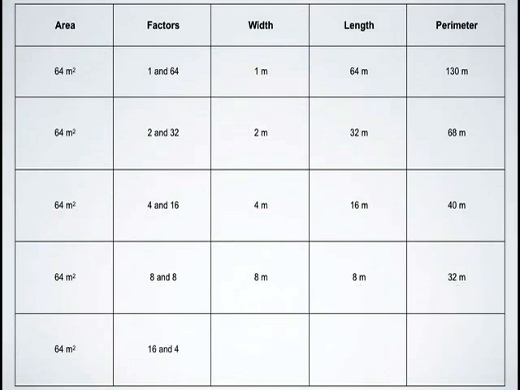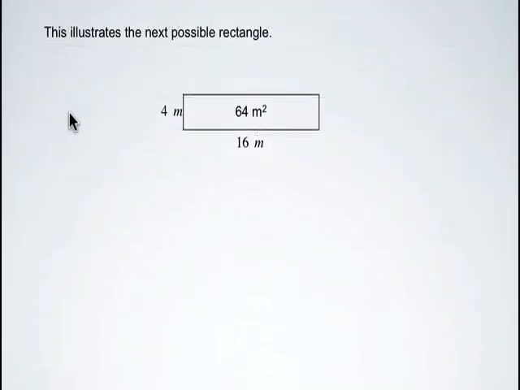And we'll take a look at our last possibility here, where we have factors of 16 and 4. So 16 times 4 is 64. So we'll have a width of 16 and a length of 4, and we'll try and figure out what the perimeter is going to be in this case. So here's the next rectangle,